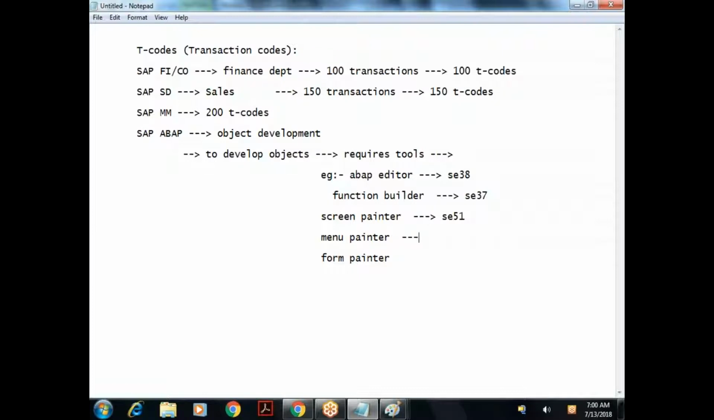Again for menu painter you'll have SC41. For form painter we'll have SC71. So what I am trying to say is every module in SAP will have T codes. It is not possible for a consultant to remember the T codes of all the modules. So if you're an ABAP consultant, we are expected to know the T codes related to